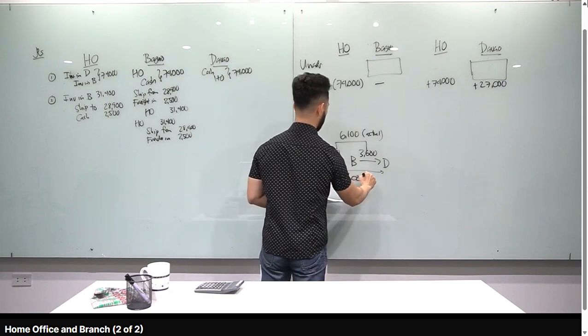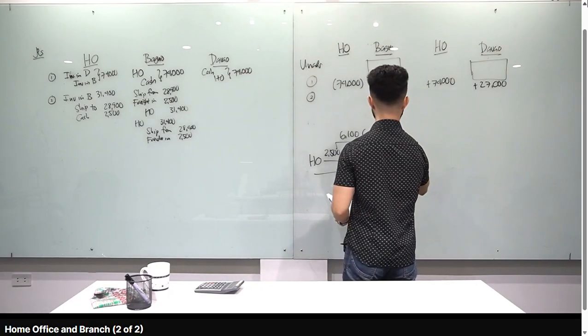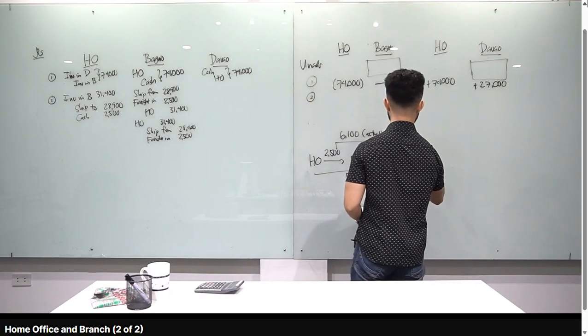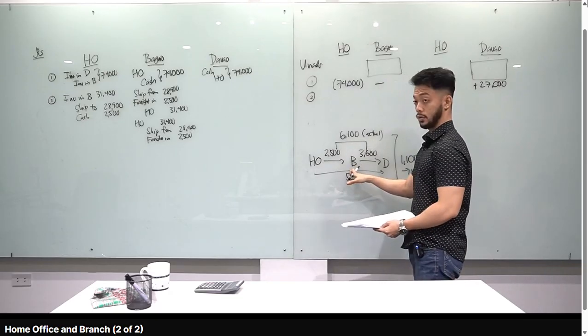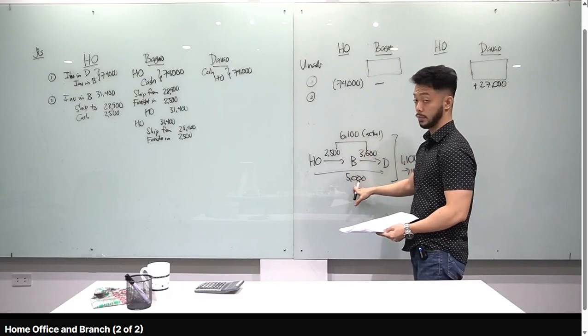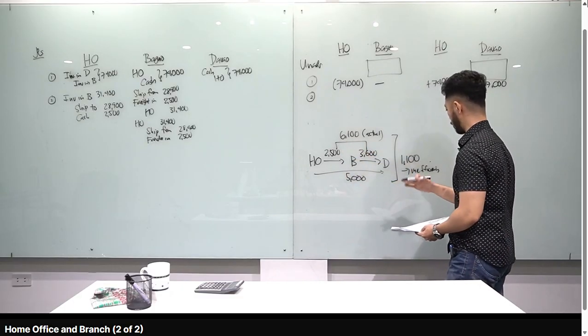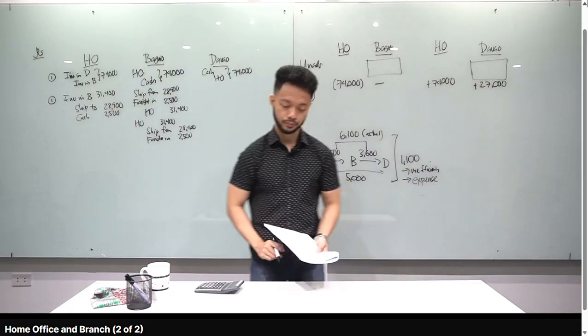5,000 lang. Tama? So ibig sabihin, class, yung difference ng 6,100 and 5,000, which is 1,100, represents inefficiency. Okay? Sa side ni Home Office. Inefficiency yan. Kasi pinadaan mo pa kay Baguio, papunta kay Davao, mas mataas tuloy na incur na freight cost. Dapat 5,000 lang. Since inefficiency siya, alam natin in accounting, pag ganun, we charge to expense. Alright? Now,